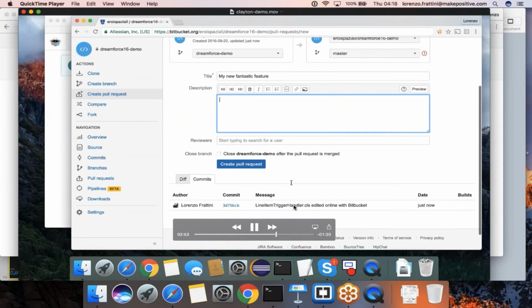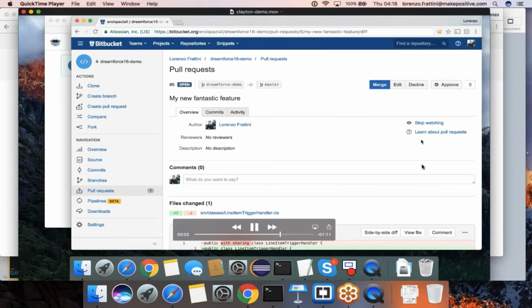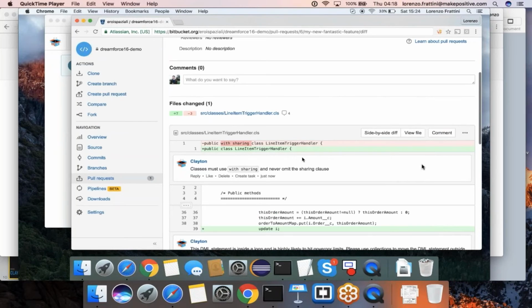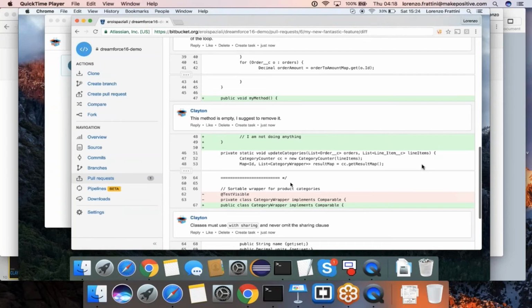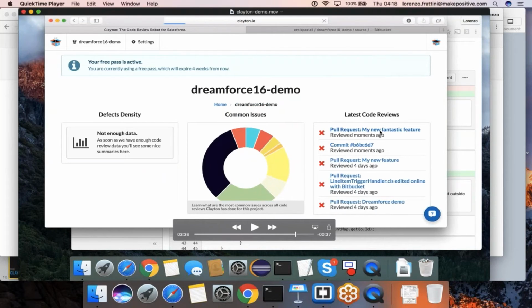And what happens here is that you get immediately the webhook sent with a message that is basically asking the web app to perform this review, and the app will come back with inline comments on the lines that have some issues. So in this example, I had introduced an empty method, a class with sharing, some violation of best practices. Apologies for the broken demo. I will fix it straight after. I'll try to figure out what that is. But basically,